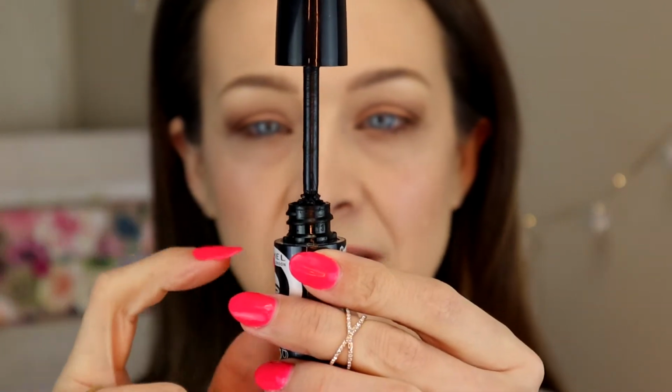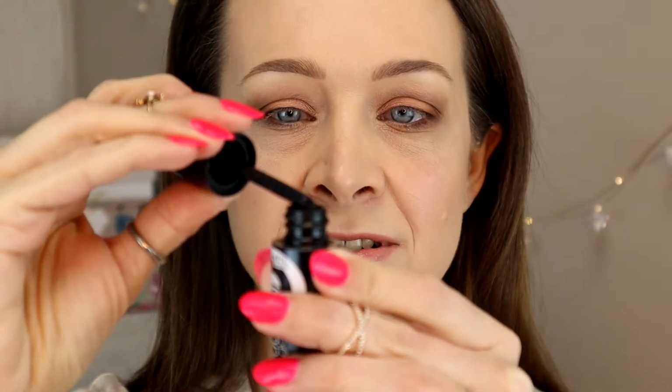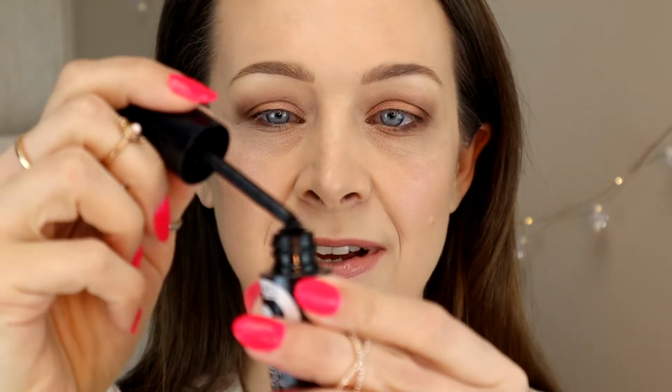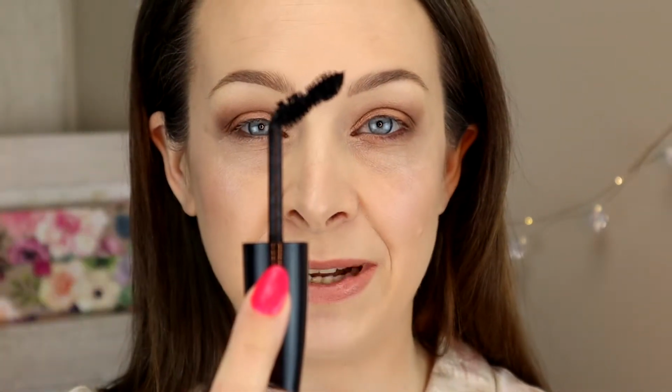Okay, so I did have to Google how to do this. And I think this is kind of the trick that the new L'Oreal mascara that they just came out with, I think, a month ago. I think that's what they were going for. I don't have it because I'm trying not to overload myself with mascara, but you pull it out just until you get the top of the bristles right at the top of the tube, and then you bend and kind of push it away from you, and then pull it up. Okay, so now I have a bent wand,